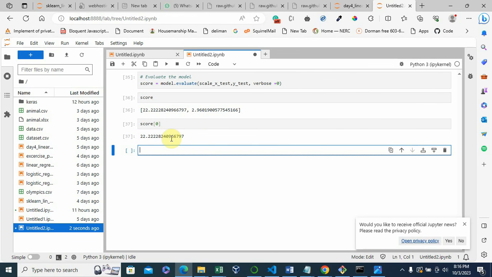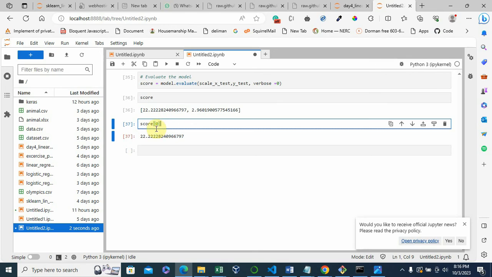So we have 22.22. Let me put it in proper perspective. So we have the loss to be this value here, so that we know what we are logging.